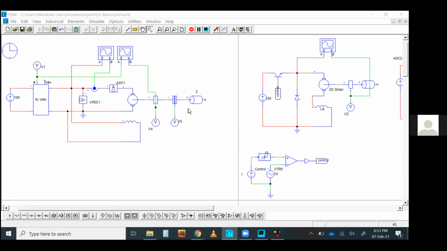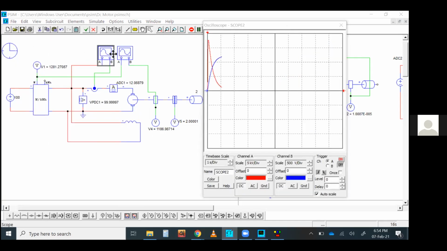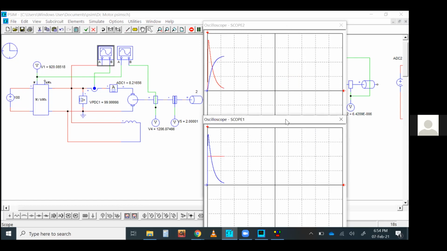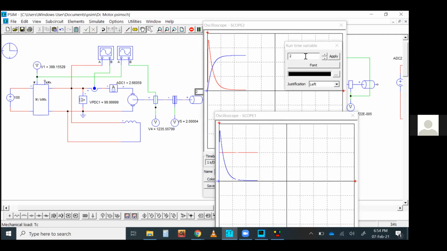Okay, so this is the DC motor, and this is the motor load torque. So now the motor is running, it's showing the torque as well as speed. It's showing the starting current and starting power as well. So you can see that at starting the motor current is very high. So the speed is low. Then the speed is stabilizing and the motor current becomes steady state and it's quite low. If you change the load torque, definitely the motor current will change as well.